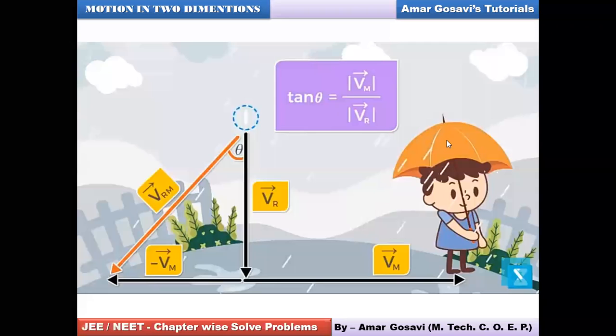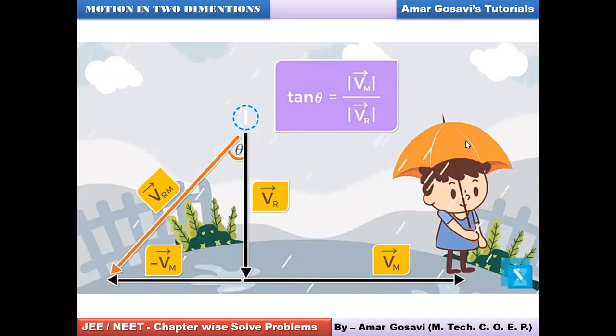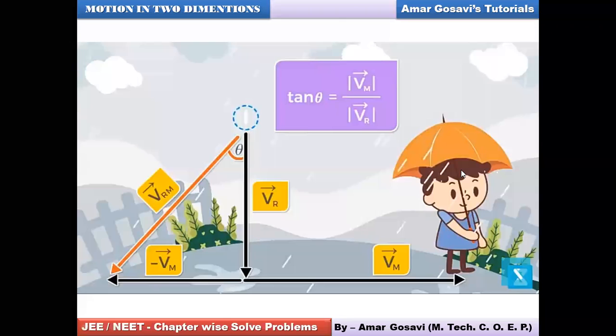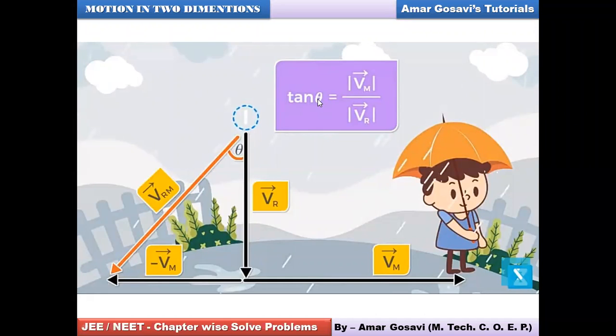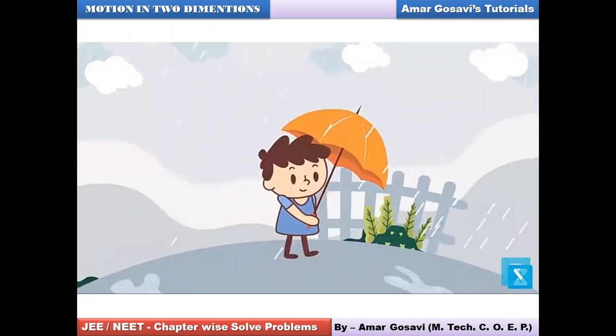Now you can see the person was holding the umbrella vertical, but the rain is coming down tilted. So the question may be asked, by what angle he should tilt the umbrella so that he doesn't get wet. If you know this angle, this is the angle by which he should tilt his umbrella somewhat like this so that he doesn't get wet. Okay, this is the solution. You may get a question on this. This is how you're supposed to work out theta first, the angle of inclination for rain, friends.